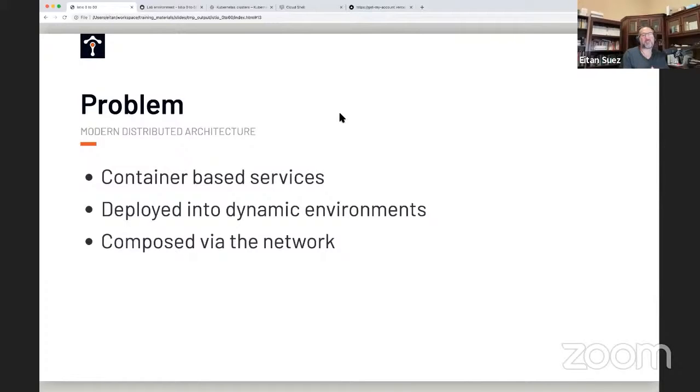Whereas a cloud-native application could be dynamically scaled. You have more instances with new IP addresses, they're just new endpoints that come and go. And the fact that you're running microservices basically means that, unlike a monolith where you have method calls that are all in process, here you have services calling each other over a network. So what we call an application today is actually an assembly of multiple collaborating services. So our services are composed by the network. And in this sort of world,